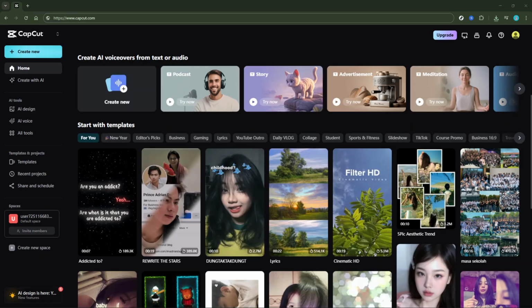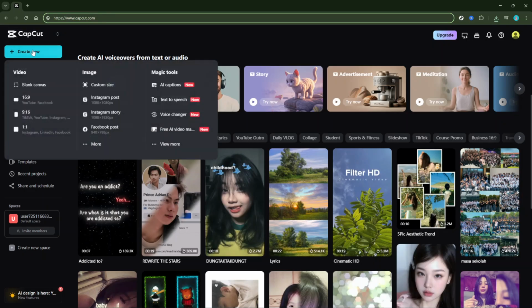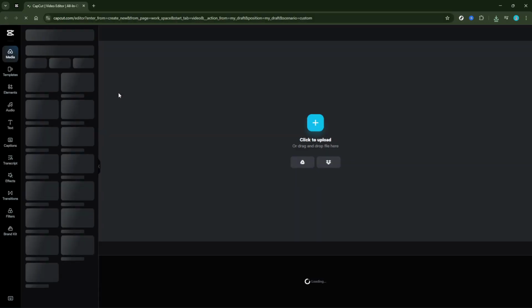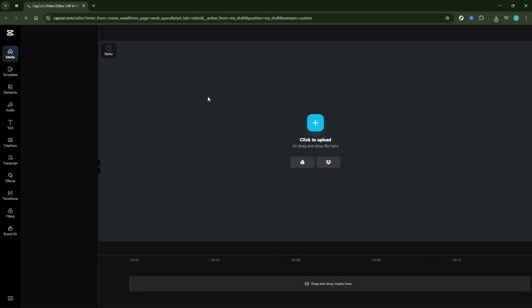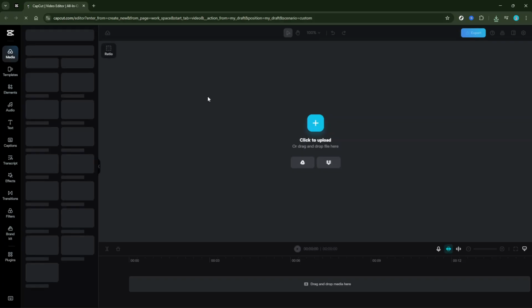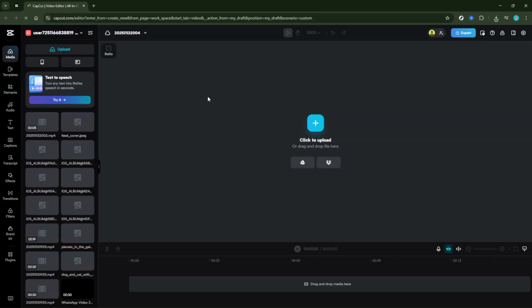First, let's jump right into CapCut and initiate a new project. You'll find this option on the main screen after opening the software, and it's your launching pad to start editing your video files. Once your new project is set up, you'll need to import the video that contains the text you wish to remove. Simply drag the video file from your computer into the CapCut interface, and you'll see it appear in the Project Media section. Drag that video down into your timeline to start editing.